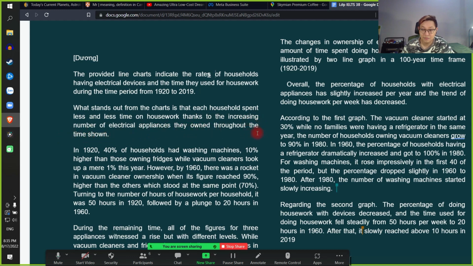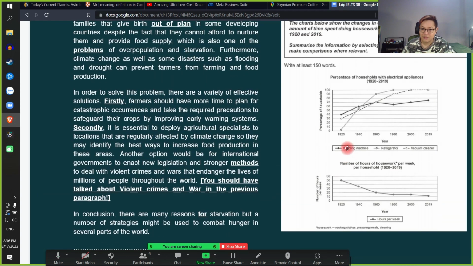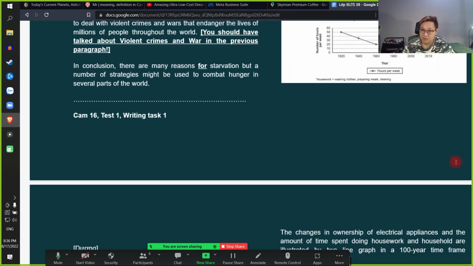Be careful. Are you sure this is a cause and effect relationship? Is it related closely like that? Is this the only reason? Mình phải cẩn thận xem liệu có phải là cái chuyện con người ta làm việc nhà ít hơn là cái hệ quả tất yếu, hệ quả duy nhất của chuyện là ngày càng sở hữu nhiều thiết bị điện tử hơn không nha.